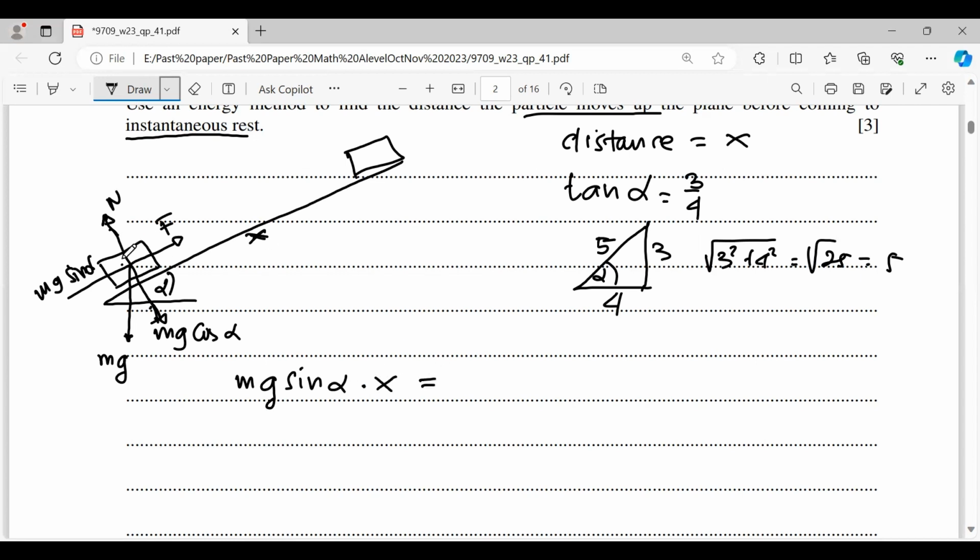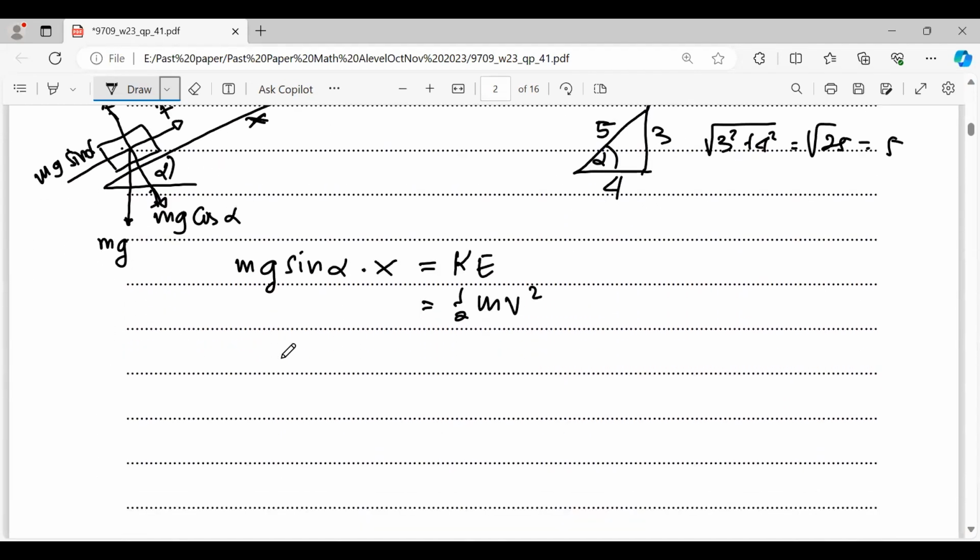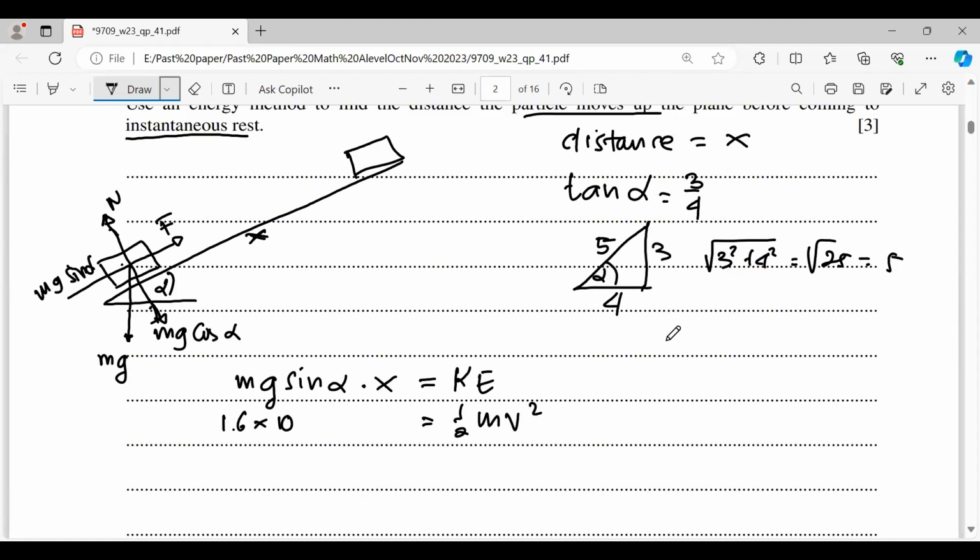That's the force acting on this object. And as well, it needs kinetic energy. Kinetic energy is half mv squared. So m is 1.6, times g 10, sin alpha,